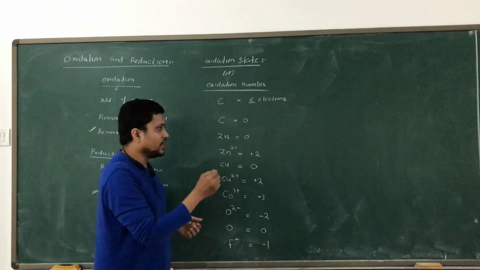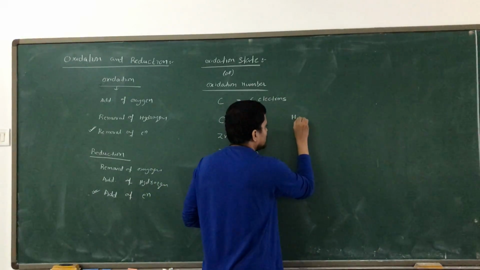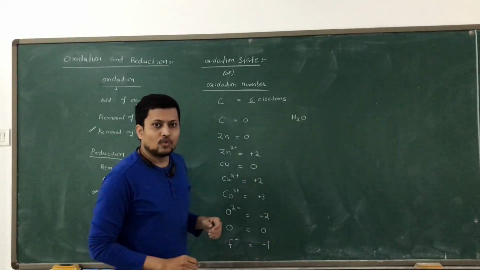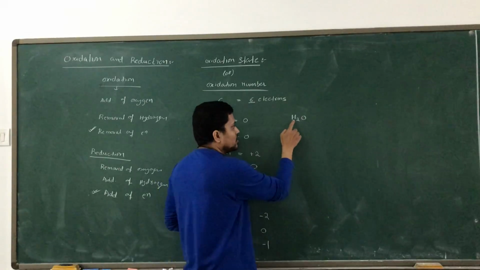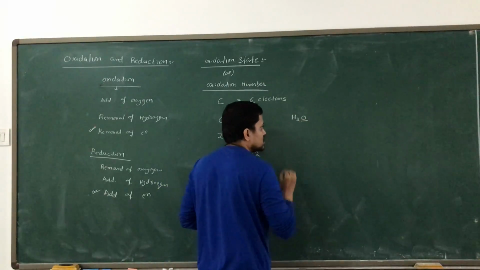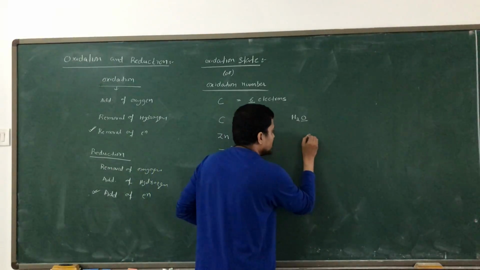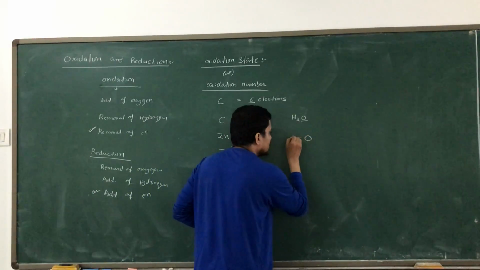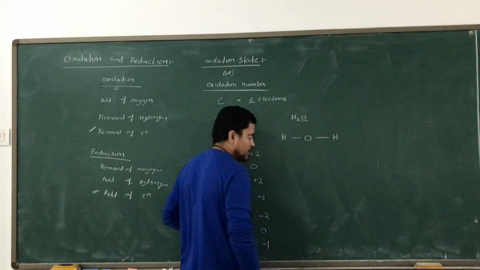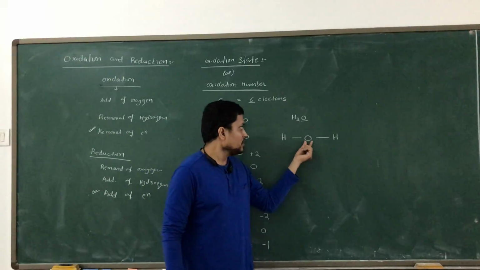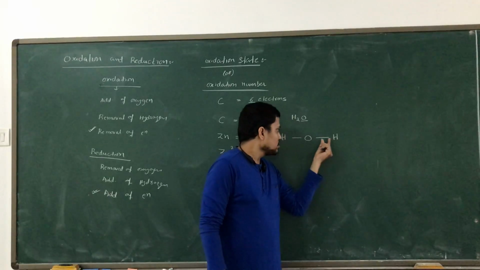For a basic example, I am taking a simple compound, water, H2O. What is the oxidation state of oxygen, suppose they are asking? We are not seeing charges on the oxygen, but we must know the structure of the compound: oxygen with one hydrogen, and another one with hydrogen. Here we know that in this compound, oxygen is the center atom.